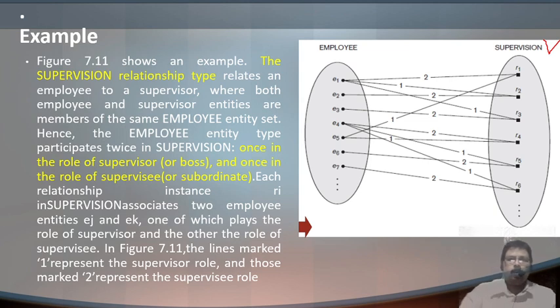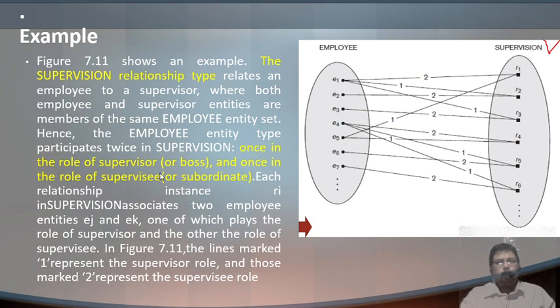Correct? So here you see in the diagram it is specified as 1 and 2. Here what it is saying is, the employee entity type participates twice in the supervision. Here it is separated by 1 and 2. Correct? What is that? I will come to that later.